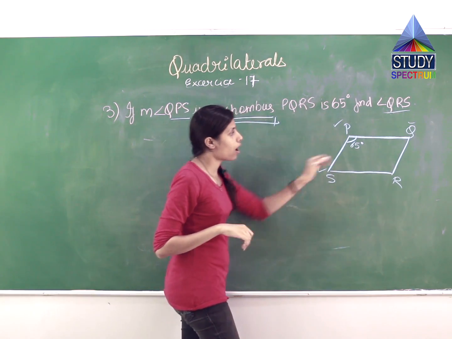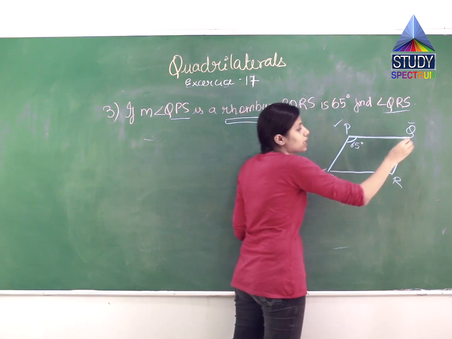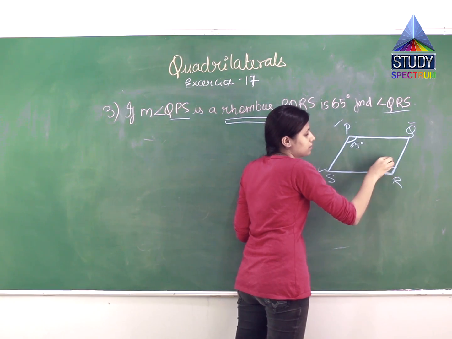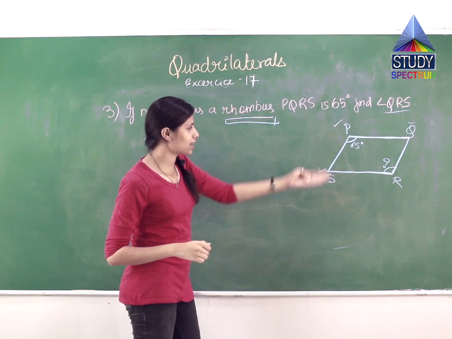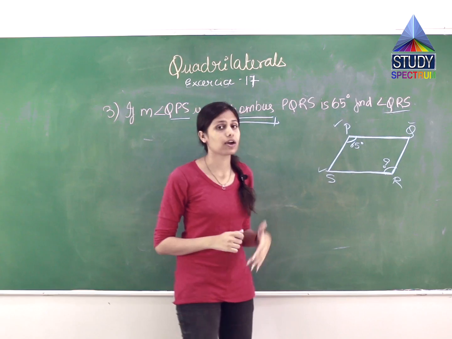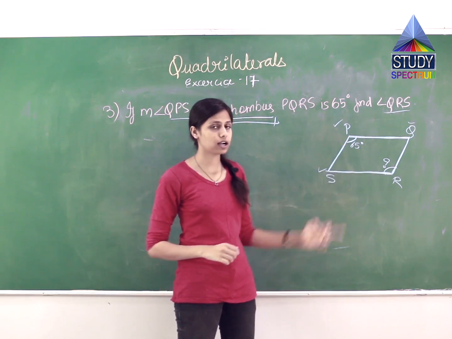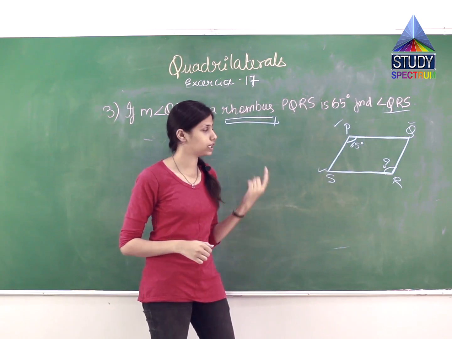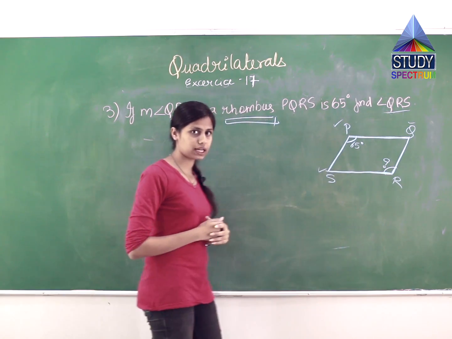So where is angle QRS? This is point Q, this is R and this is S. So they are telling us to find this angle. Okay. So tell me what will be the answer. See, looking at the diagram itself, we come to know that this angle has to be 65 degree. Why 65 degree? Because the property of the rhombus, do you remember? The opposite angles should be congruent or equal to each other. If angle QPS is 65 degree, the opposite angle, which is SRQ, should also be 65 degree, isn't it?